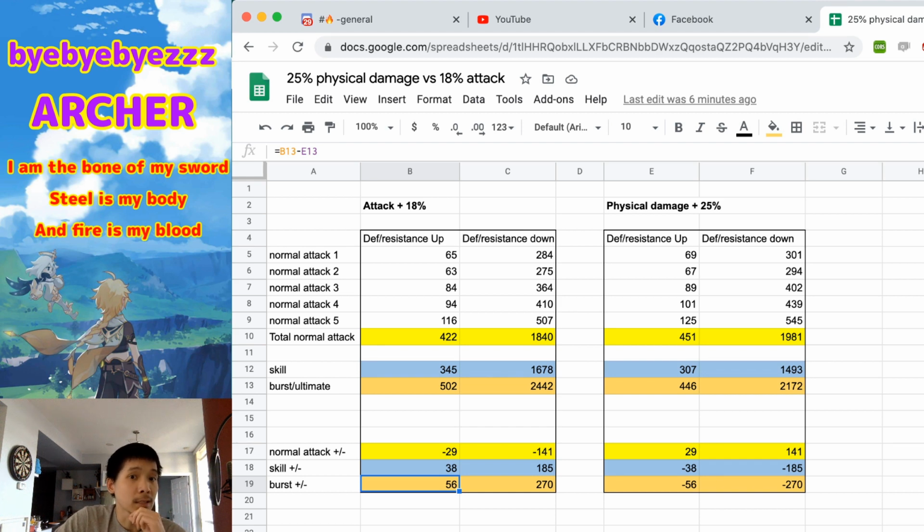So in those 6 seconds, for my Bloodstained Chivalry, plus 25% physical damage, to be able to out-DPS the 18% attack increase, I had to perform double the normal attacks. So I will have to do a lot more normal attacks before the skill goes on cooldown for me to catch up to the DPS of the attack plus 18% here. And the thing is, that is most often not the case for a lot of situations